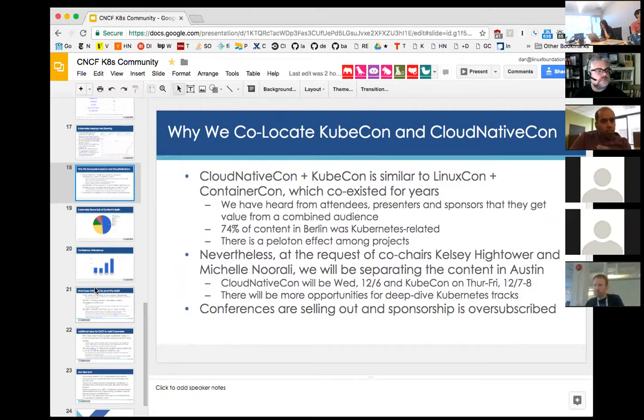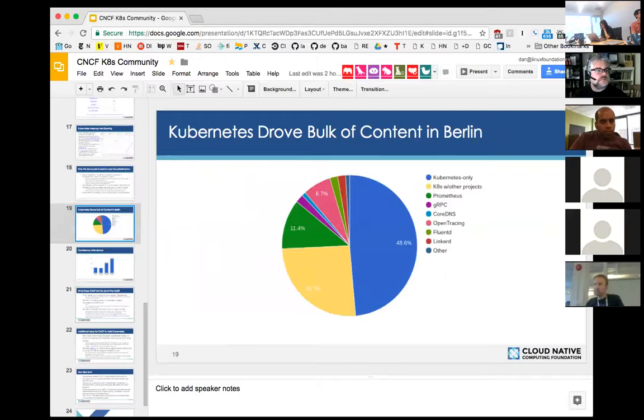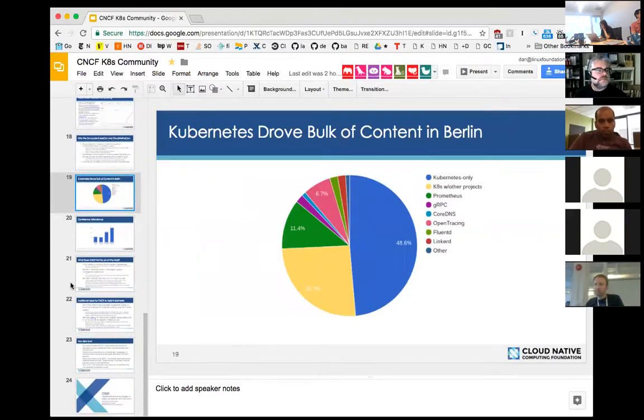But then we will have KubeCon on Thursday and Friday, December 7th and 8th, where all of the content will be Kubernetes related. So either Kubernetes directly or how these other projects work with Kubernetes.